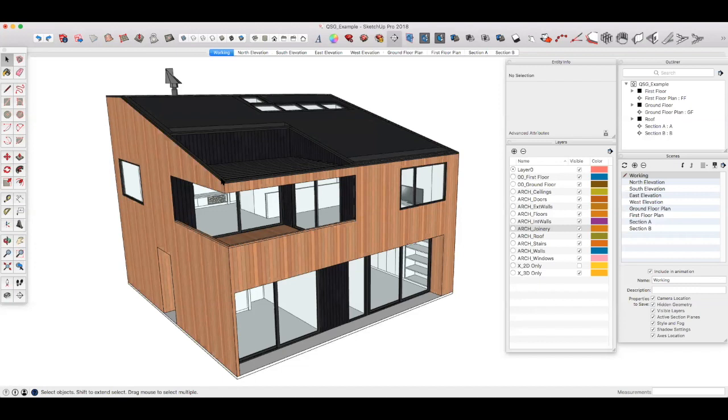Okay, now that we have our various scenes set up, there are a few things we can do before we send them to layout and start setting up our drawings. The first thing I want to talk about is simply what is visible and what is not. Because we have a well-organized model, we can easily turn on and off anything that we don't want to see